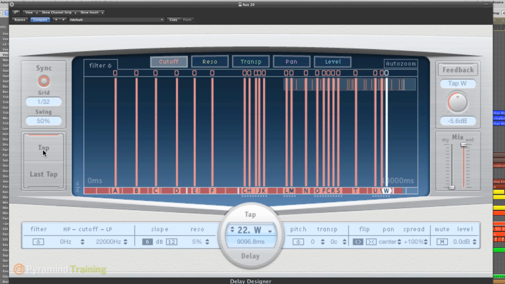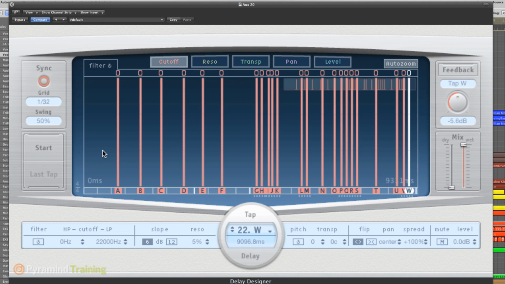And this works really well with the magic. So as you see, you can add a whole bunch of taps really quickly and have them be a bit more creative by tapping them in here. It works a little bit better if you hit play with a